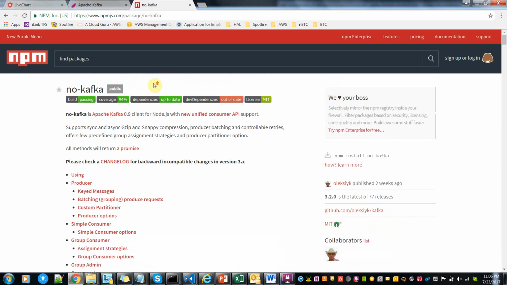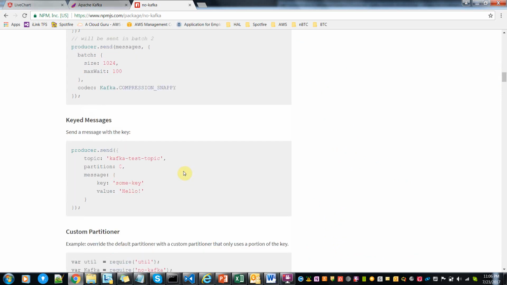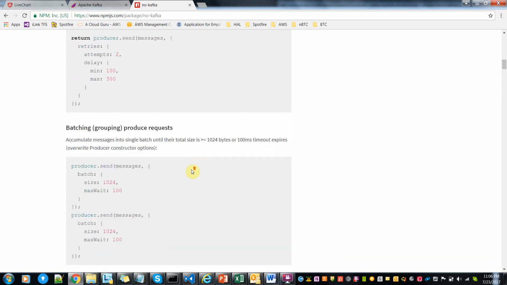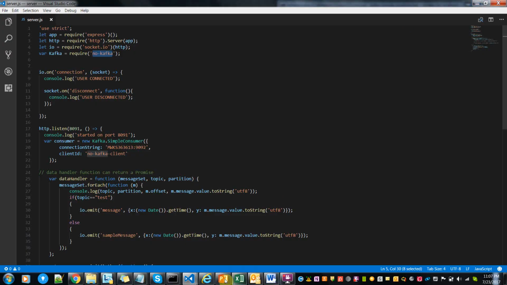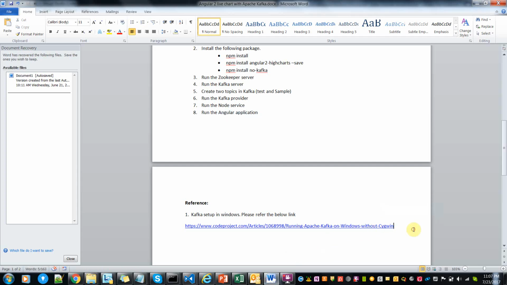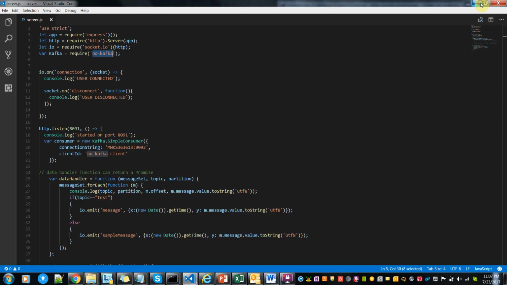This is an npm package, so you can see the compatibility, version information, how to call the provider, how to call the consumer. You can see all the information over here. I'm attaching this link as a reference so that it would be easy for you to get more information about the package.